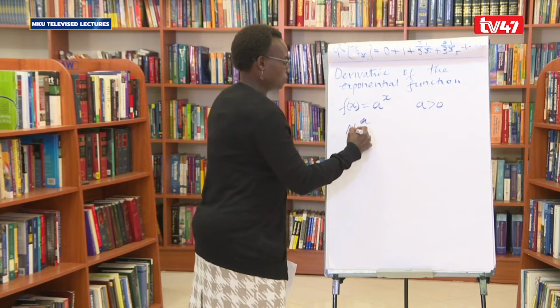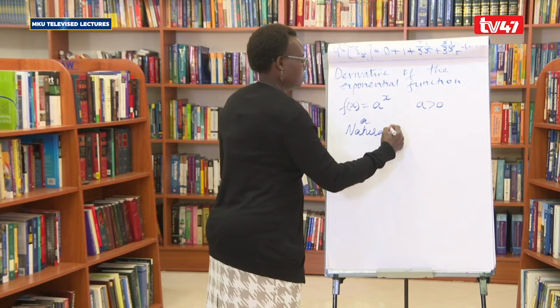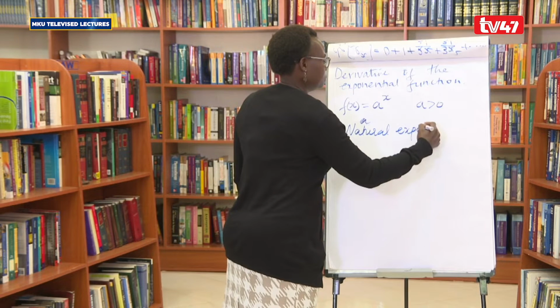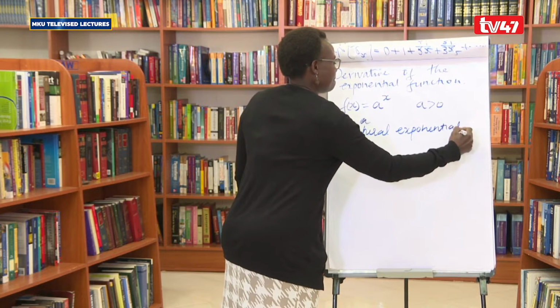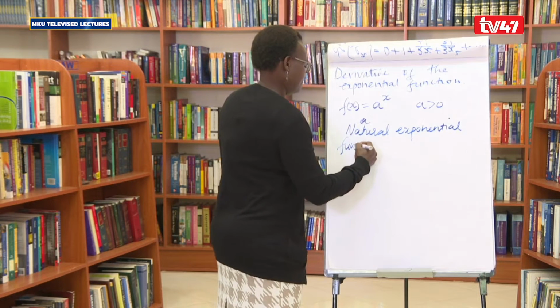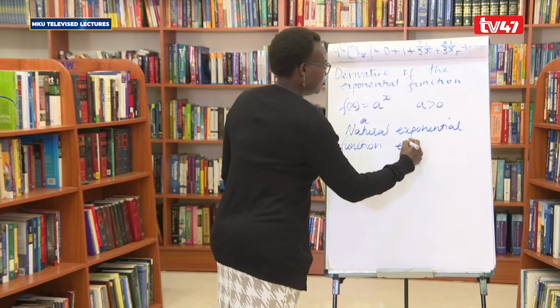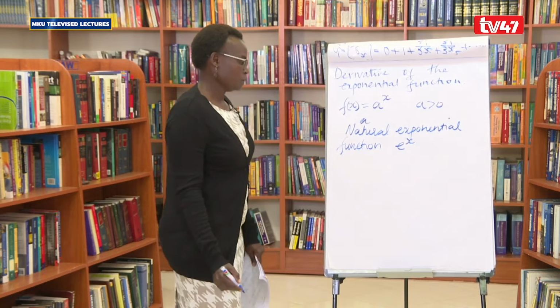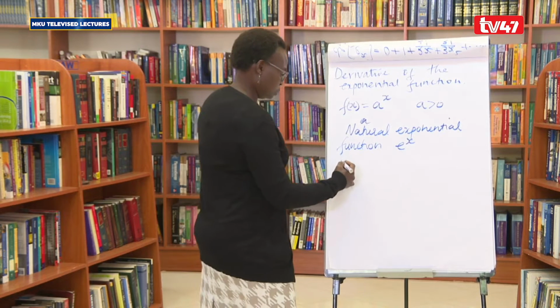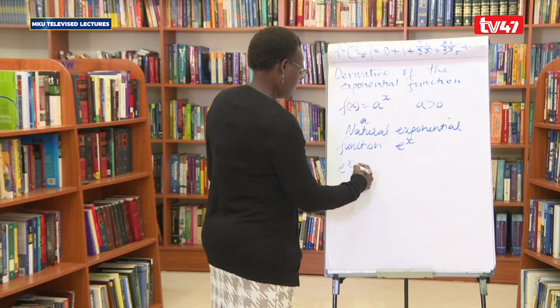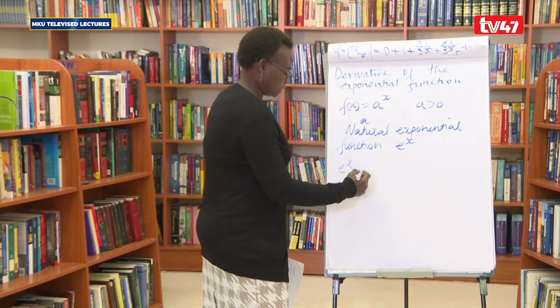We have the natural exponential function, which is expressed as e to the x. So the natural exponential function is expressed as 1